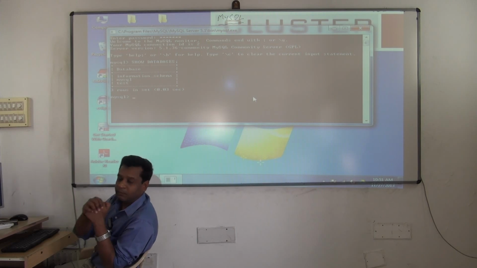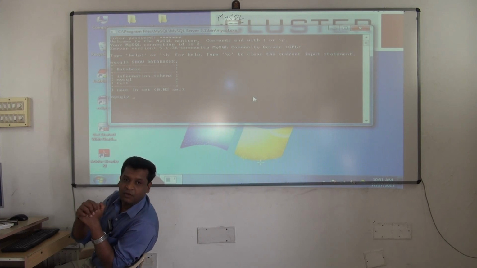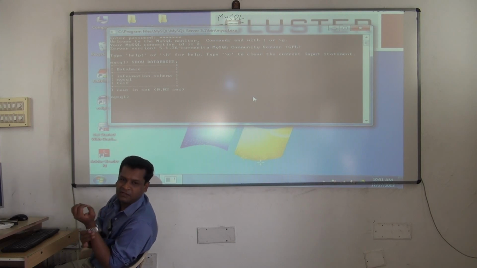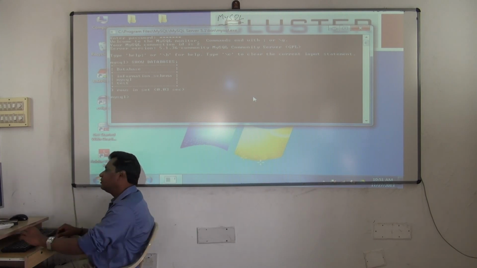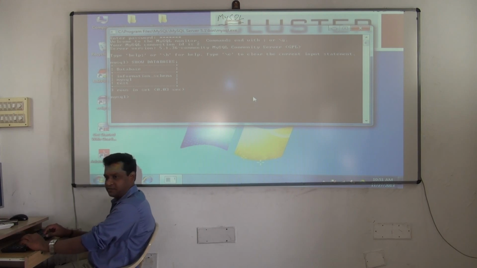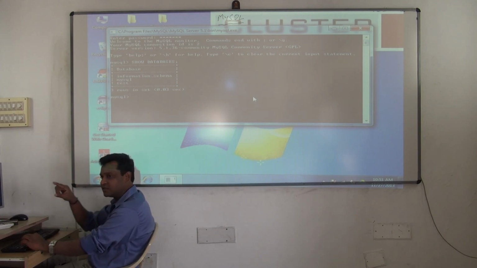But here the MySQL terminology is, for schema they call it database or user. Schema, database, user, all same. There's not much of a difference. User means an account. Schema means that's also a user only. Database also means user only. So terminology will vary but the concept is same. So what will I do? I'll create one database now. So these are the schemas or users available.